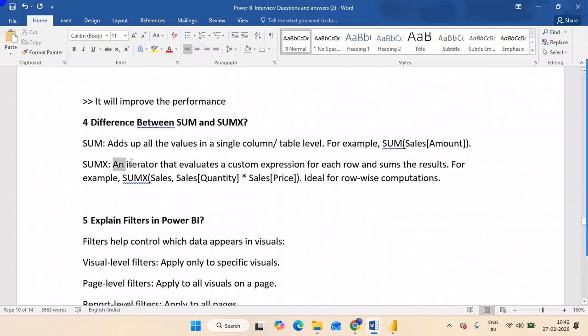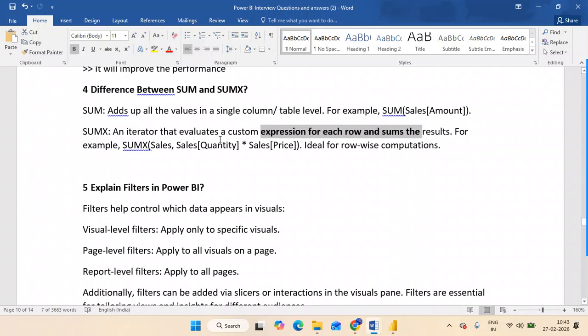SUMX is an iterator, so it generates a value for every row, row by row. And SUM adds up all the values in a single column. That is the difference.